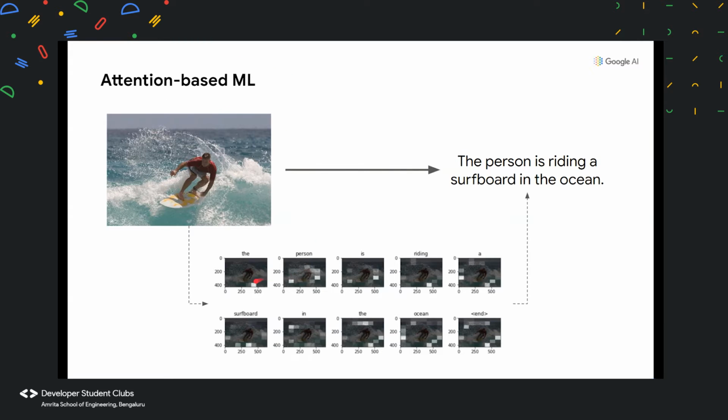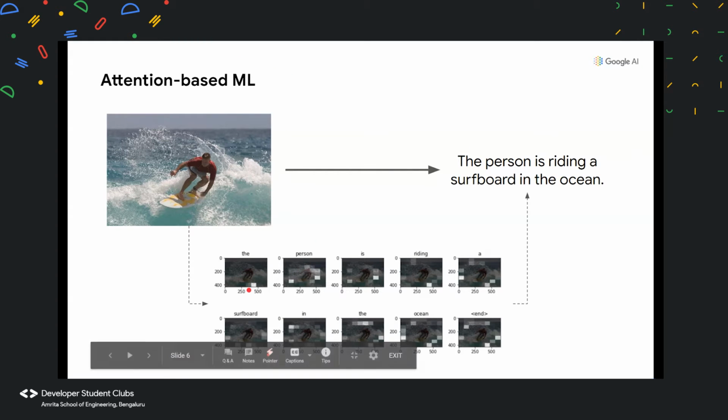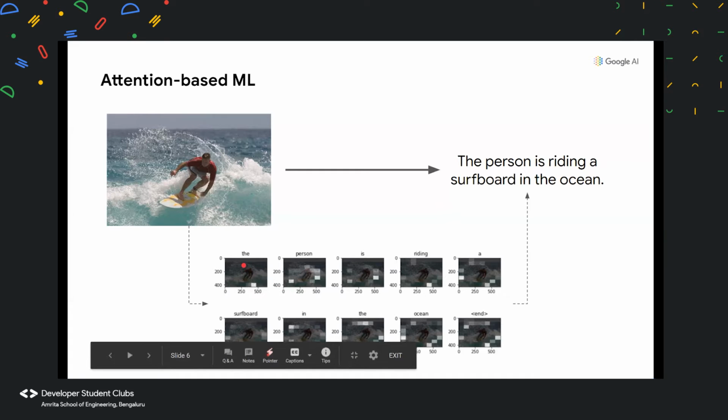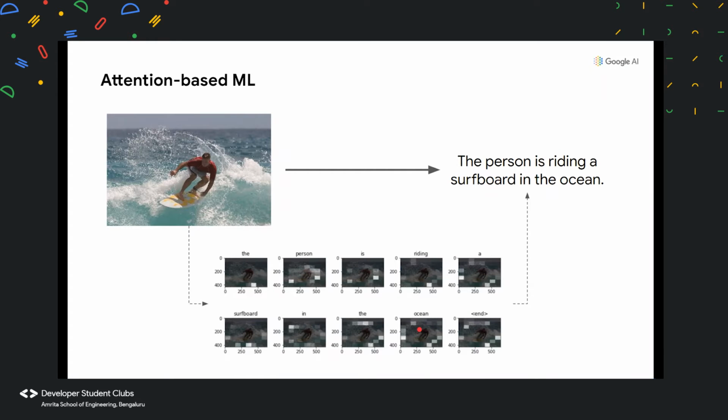So the attention model is going to place its focus or its lens on certain parts of the image and generate corresponding words or phrases from that image. And then finally, the RNN is what is going to help us put all these words in a logical sequence. The recurrent neural network is something that works on sequences of data. So in order for us to put together the words person, riding, and ocean, we need to have certain articles and pronouns in between in order to put them in a certain sequence. And that's where the RNN helps us.